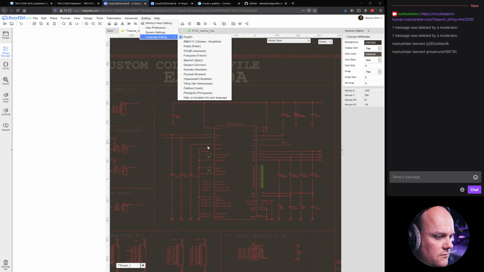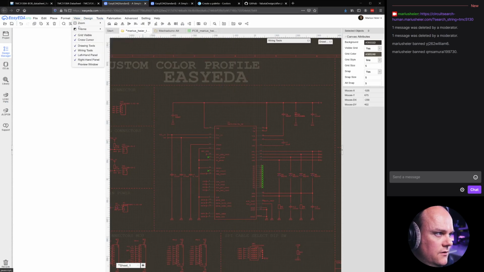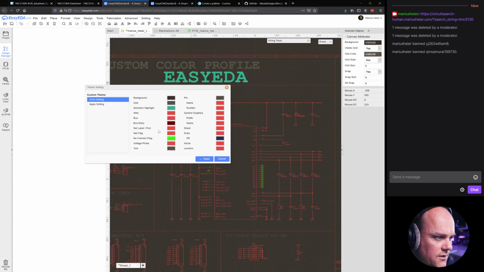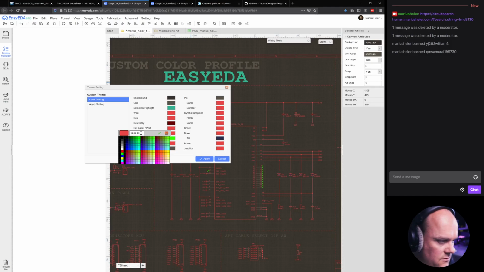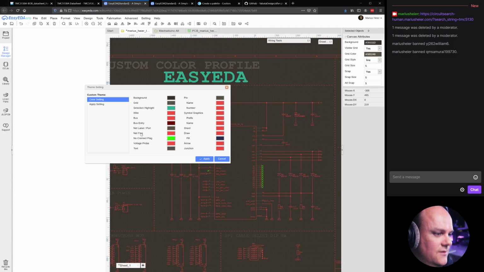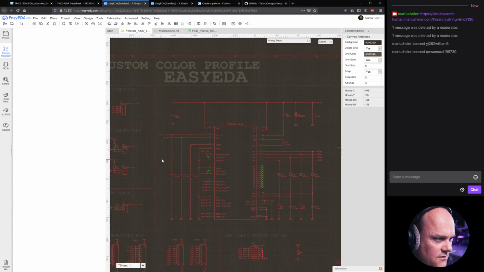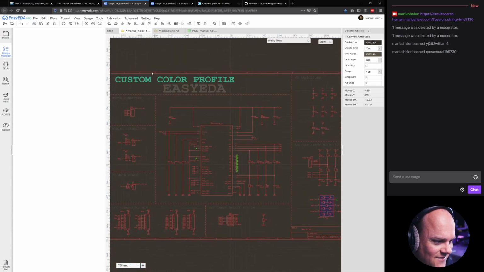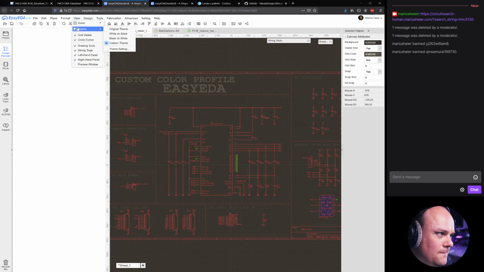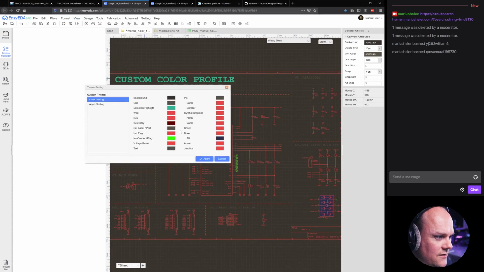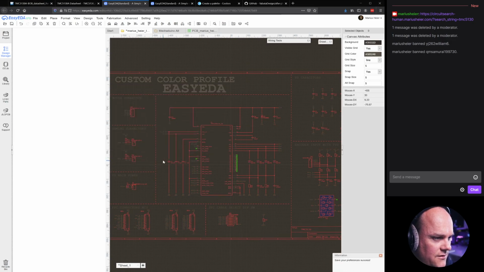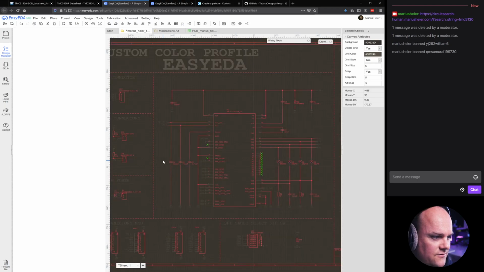Okay, then maybe it's part of the net name or net, let's see, net label port. Okay, I guess this is the right one. No, it's not. Okay, next one. Theme setting, net flag. Okay, that's the flag. But that's actually a good thing because I would like to have the numerical values to